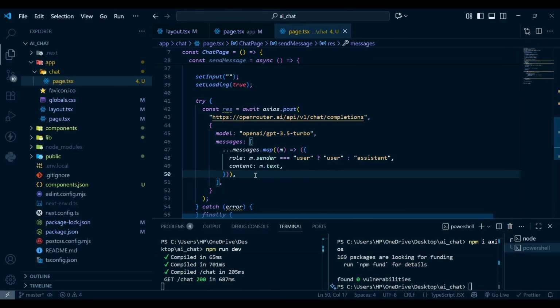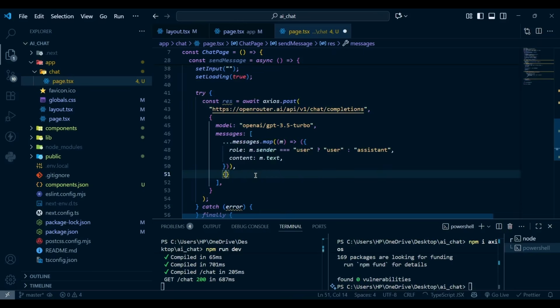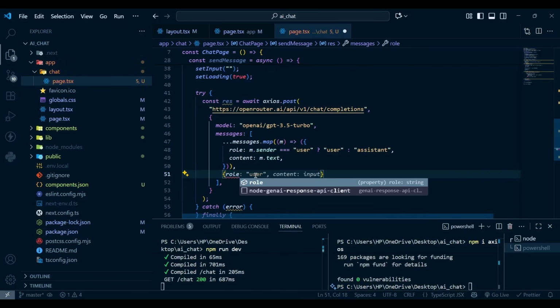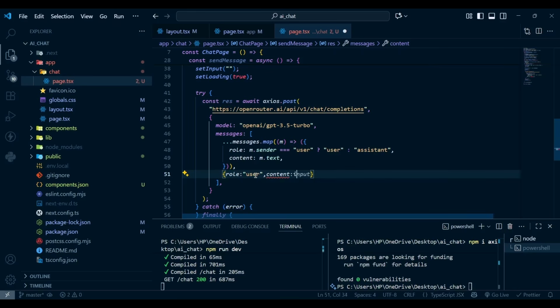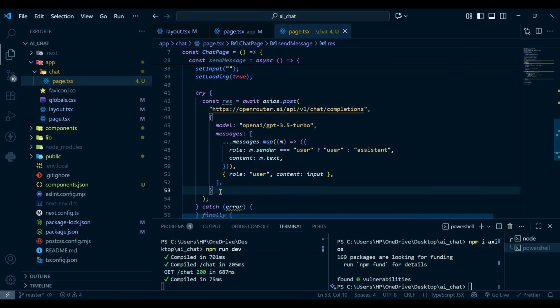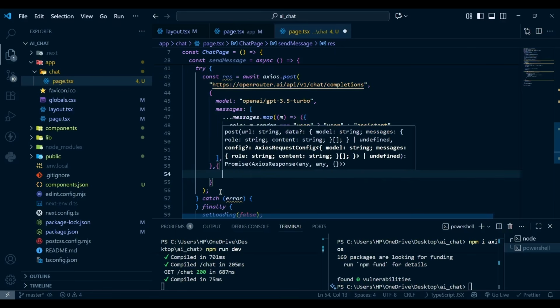And then after the messages here we're going to use role, and this one will be user, and then content will be input. That's it. So don't worry, I will provide the full code for free, and the code will be in the description. So these are role and content input. After that we're going to pass the headers,